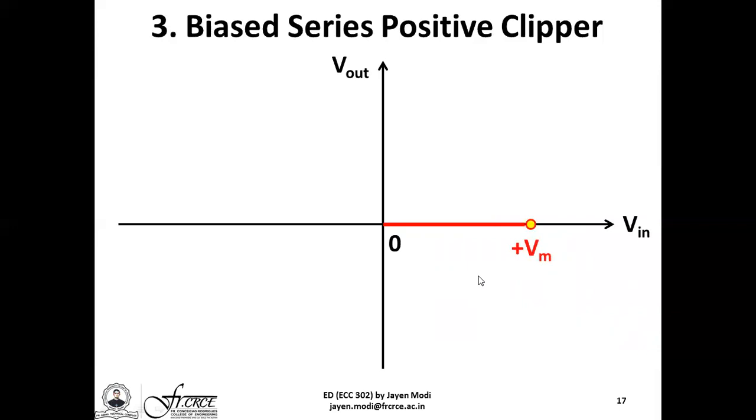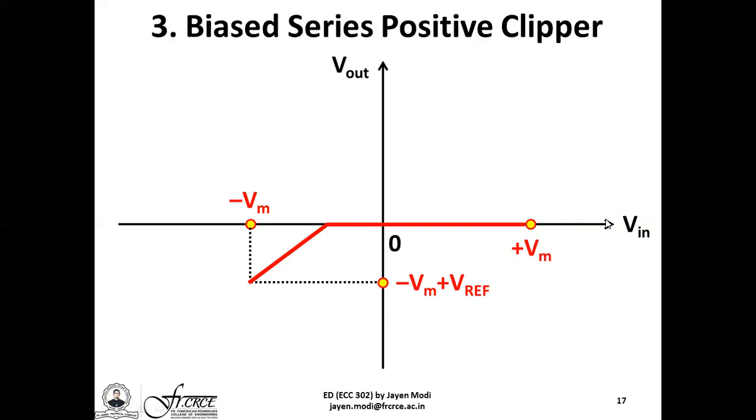we have a graph like this. Now, this is because the input signal has to wait till it reaches a negative value of minus Vref, and only when the AC input signal is able to overcome the DC reference voltage value can the diode then turn on. Once the diode turns on, it simply starts conducting because it behaves like a short circuit. So this gives a limited output negative voltage given by minus Vm plus Vref.